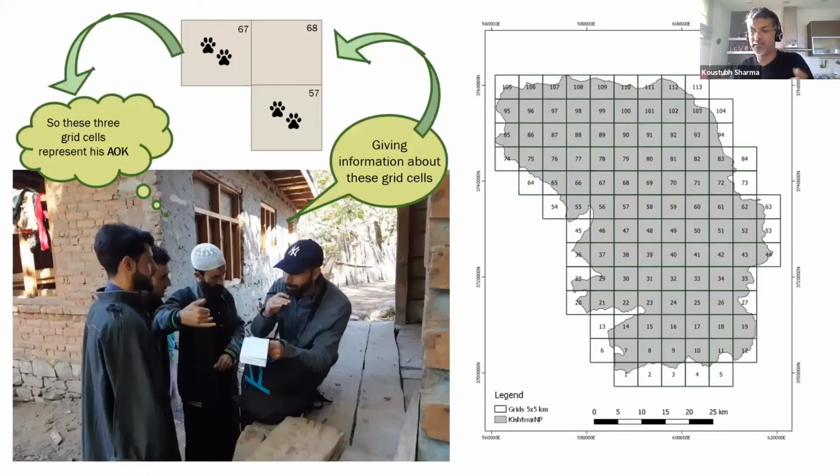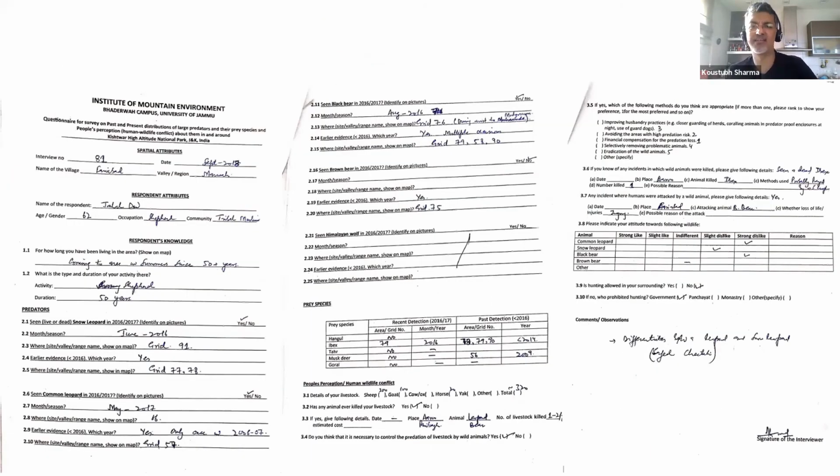So anyway, there's a very beautiful slide that Muzaffar has put together, where he was able to explain how his data came through, and all the information that you collect through these interviews becomes invaluable because it can lead to fantastic assessments of species distribution, not just in current time, but even in the past. And that is not always the case with science surveys. Science surveys do not tell us how the situation was in the past, but people who've been living there for many years, they are our surveyors. They have been there 20 years ago, maybe 30 years ago, and they can sometimes provide extremely valuable data.